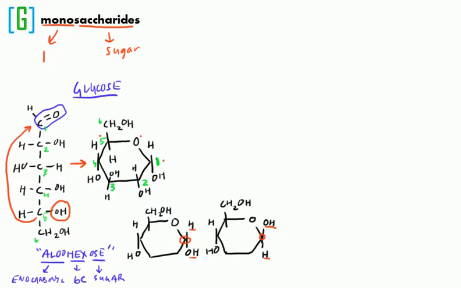This is the difference between what we call alpha glucose and beta glucose. And that is something that's going to come in handy in class and a little bit later on. So you're just going to need to remember the subtle difference here between the structure of alpha glucose and beta glucose. Okay, now with that in mind, we're going to slightly shift gears here for a second, and we're going to talk about a completely different monosaccharide known as